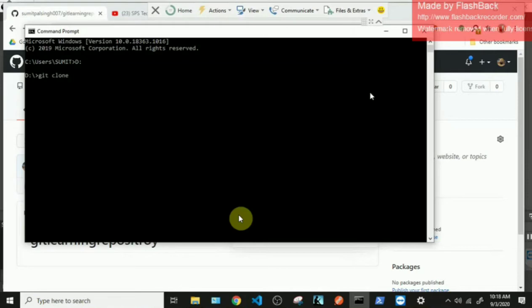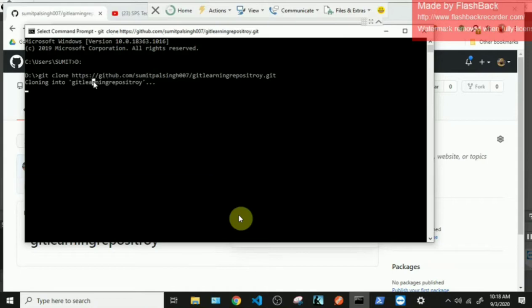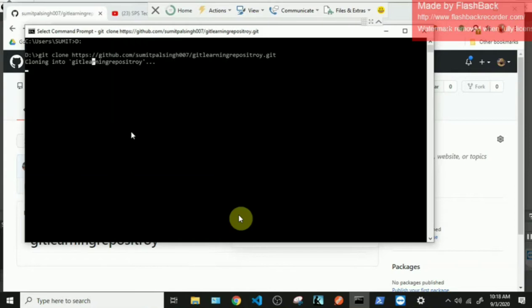So you can see it has started to clone from the server onto my local. It will take a couple of minutes maybe. Basically it is an empty repository, not many files except the readme and git ignore, so it should be pretty quick, depending on the internet speed, but let's see.